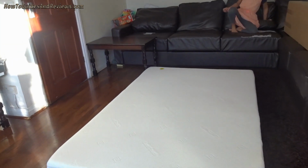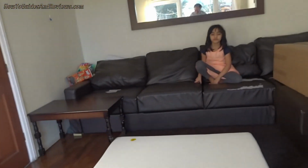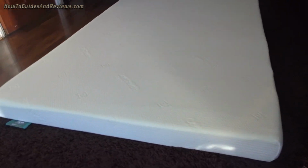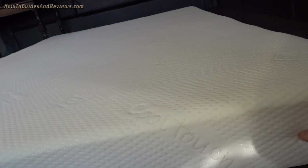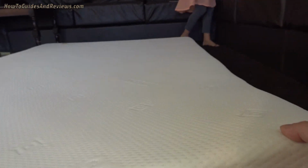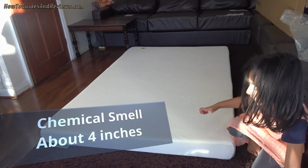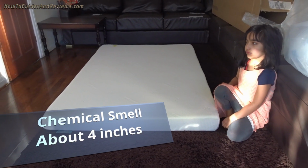Let me have a look. Let me put my knee down. There is some fumes. We're going to have to put it in the conservatory for a couple of days to air it. That's not very thick, is it? Less than about 3 inches thick. Get measuring tape. I think it'll expand by another inch. It's not a very thick mattress,